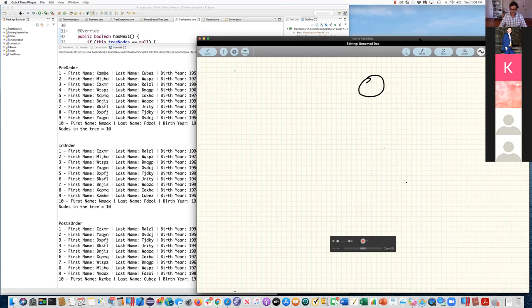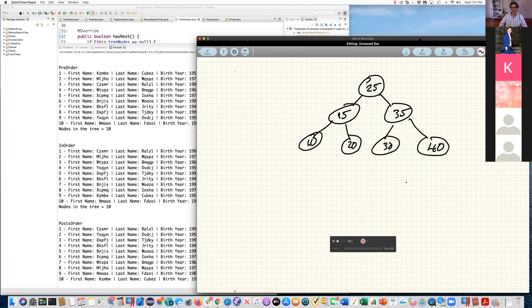So let's go back to the example that we were doing before, which is 25, 15, 35, 10, 20, 30, and 40. So a pre-order traversal of this tree will lead to, remember, you visit the node, then you visit its left child.